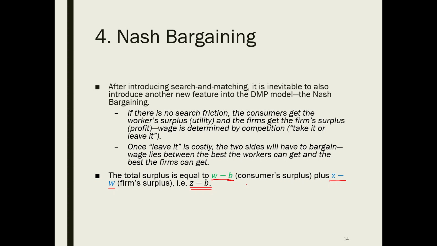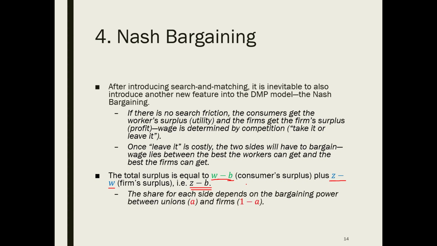In modern societies, the shares of the firm and the workers depend on the political bargaining powers of the two sides. In the UK, it is basically represented by the Conservative Party and the Labour Party. In the US, it is represented by the Democrats and the Republicans. Let's denote the bargaining power of the workers or unions by A, and that of the firms or capitalists by